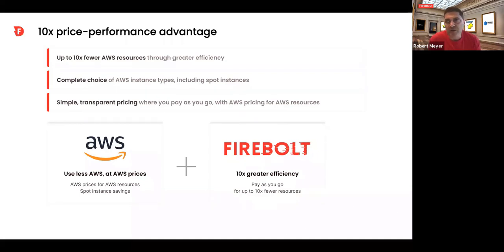And we decided we would expose all the pricing. When you choose your AWS infrastructure, you pay AWS prices. We show you what the prices are. They're the prices that AWS is charging us, and we pass them right through. So you have complete transparency over what you pay and how you tune for your infrastructure.